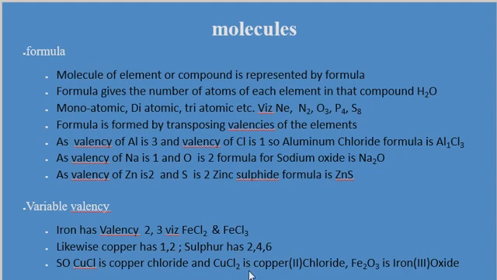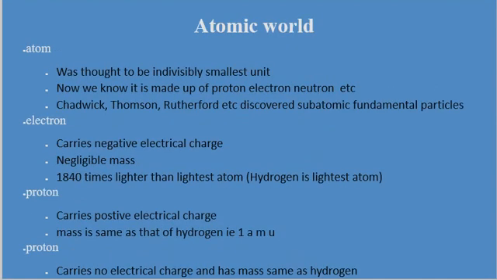So if it is CuCl2, that means we are using this valency. So how do we write? We write 2 here like this, copper 2 chloride. That means the second valency of copper is being used. Likewise for iron, if you are using the third valency, we write Fe2O3. Why? The valency of oxygen is 2, the valency of iron is 3. Now when you are using iron of the third valency, we write it as iron 3 oxide, meaning the combining capacity of 3 is being used here. So these are the variable valencies when you form a molecule.